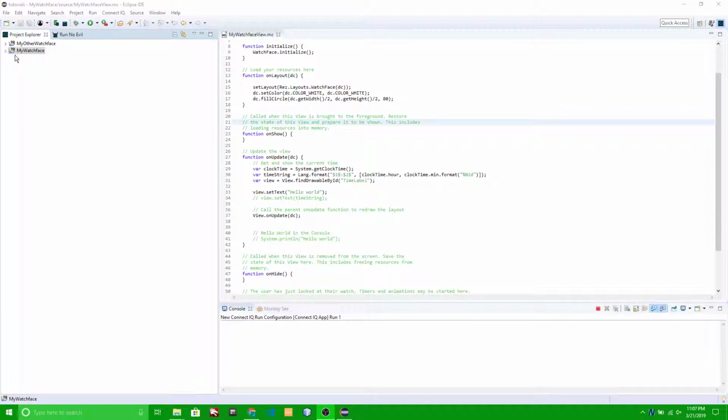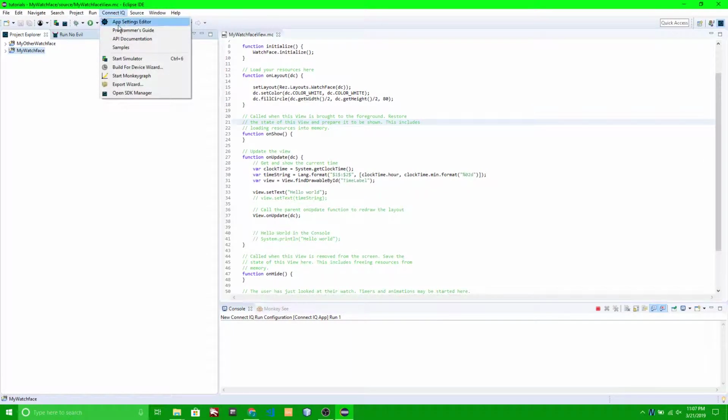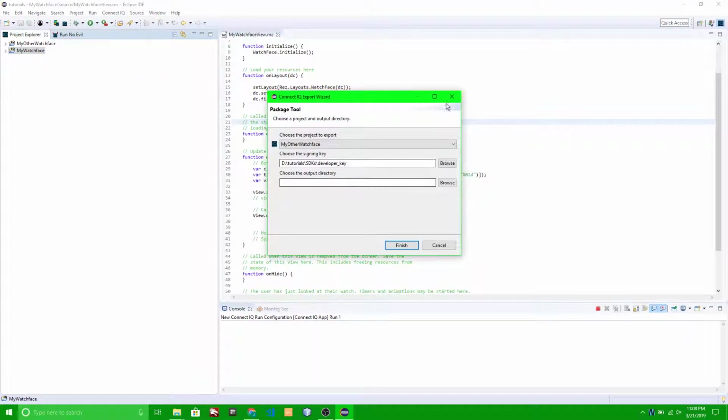What you're going to do, you've made your project, you've got the watch face that you want, or you have the app that you want. You're going to go here to Connect IQ in Eclipse, and you're going to hit Export Wizard. What that's going to do, it's going to give us a little dialog. We're going to say which of our projects we have over here in our Project Explorer that we want to export. We're going to do my watch face because that's the one we've been working on,